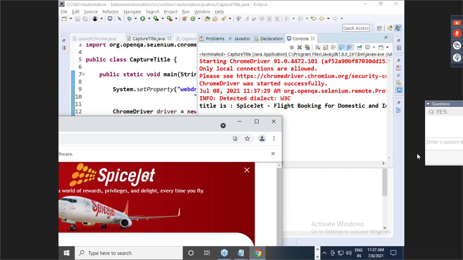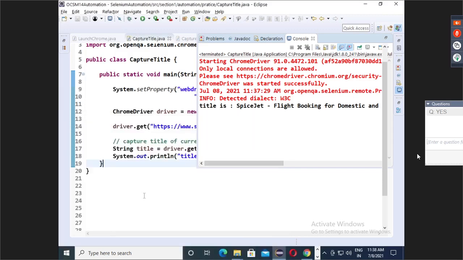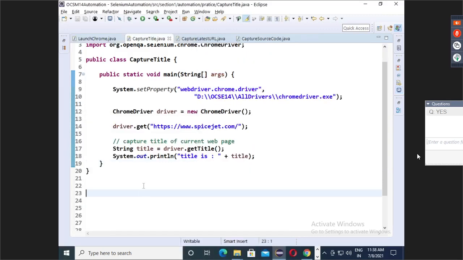But the browser is still open, no? Do you really think it's recommended that every time we close the browser manually? If manual interaction is needed, then what is the benefit of automation? So that's the reason.